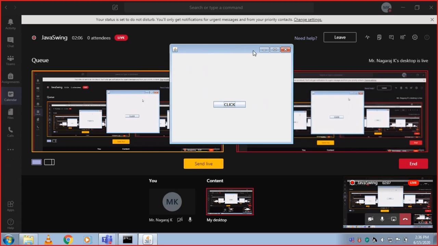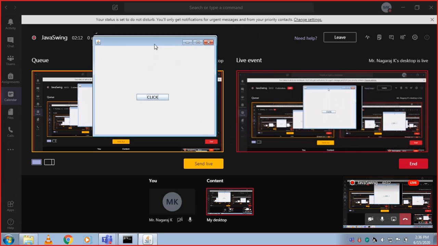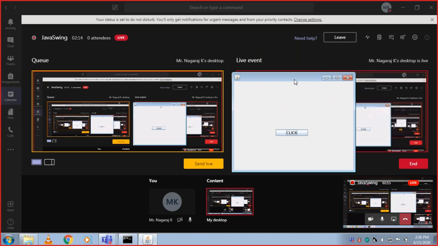You can see a frame, and there is a button which is named click. So to develop this kind of desktop application, we are going to use Java Swing, which is built on top of the Abstract Window Toolkit, which is a part of JFC, that is Java Foundation Classes.